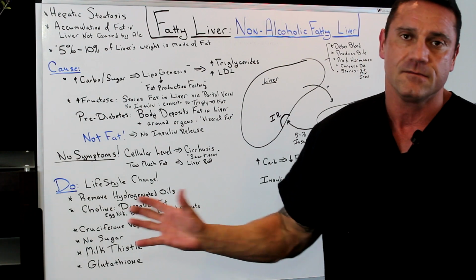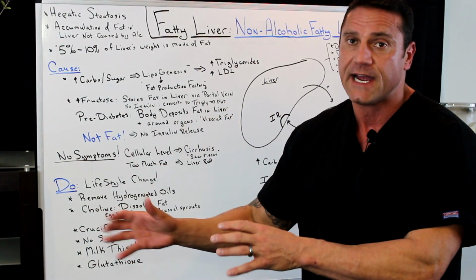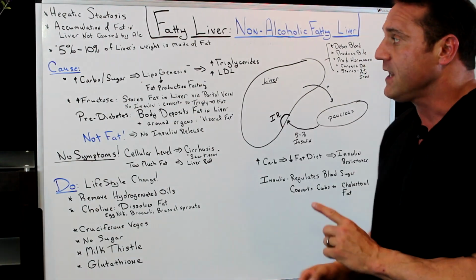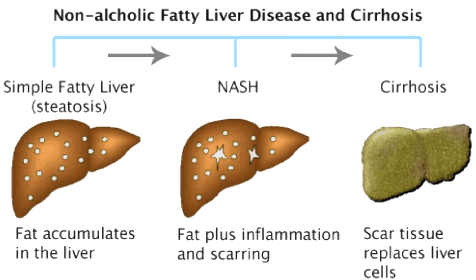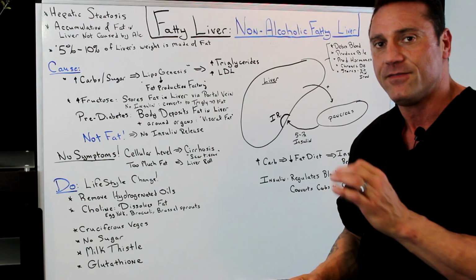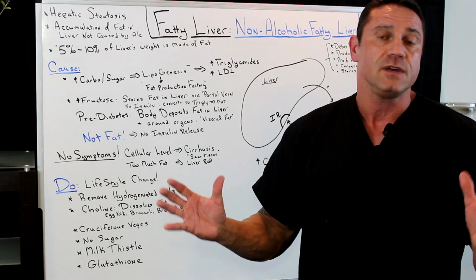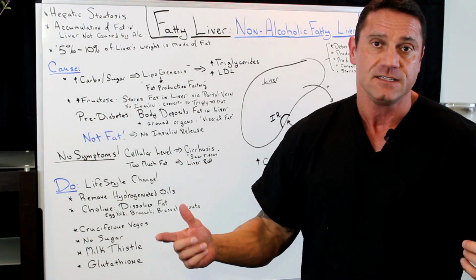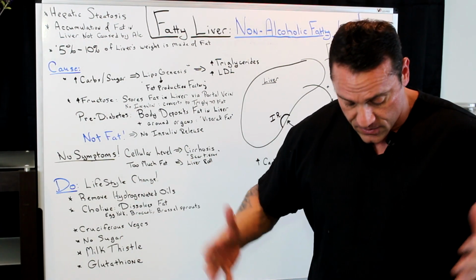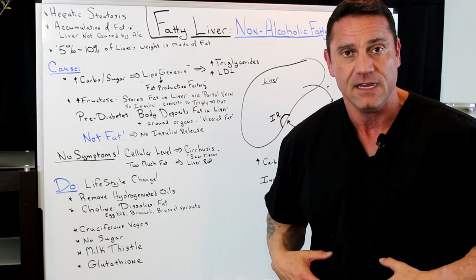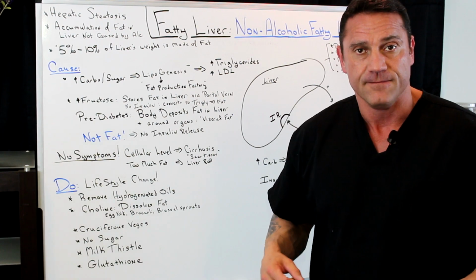A lot of people say, hey, you know what, I'm not an alcoholic, I don't drink that much, how do I get fatty liver? Well, what constitutes fatty liver? If 5% of the liver's weight is made up of fat, you have fatty liver. Now, how do you even know if you have it? I just tell my patients, if you could just look down and grab a chunk of fat on your tummy, belly fat, you have fatty liver.